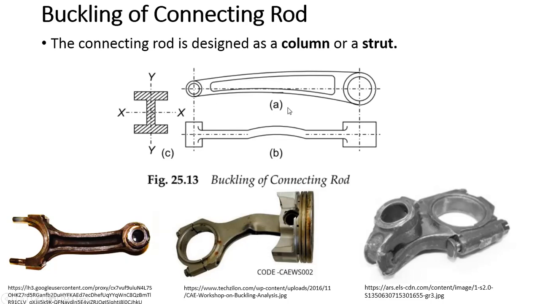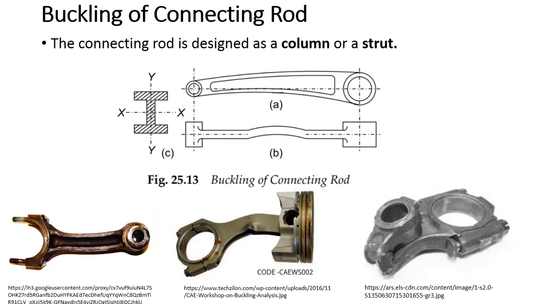The buckling can occur in two different ways. One is the in plane motion, as you can see from this diagram, that it buckles like this. This diagram is also showing in plane buckling. That means if the buckling occurs along the x-axis, it is called in plane buckling. Whereas if the buckling occurs across the y-axis, I will show you a simple diagram for this. So this is what we can say is out of plane buckling. These two are the in plane buckling, and these are the out of plane buckling. Out of plane buckling basically occurs along the y-axis.